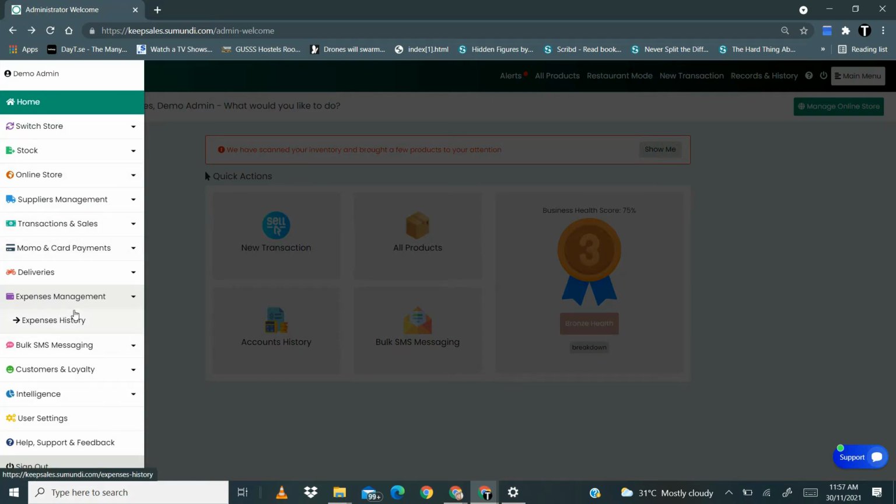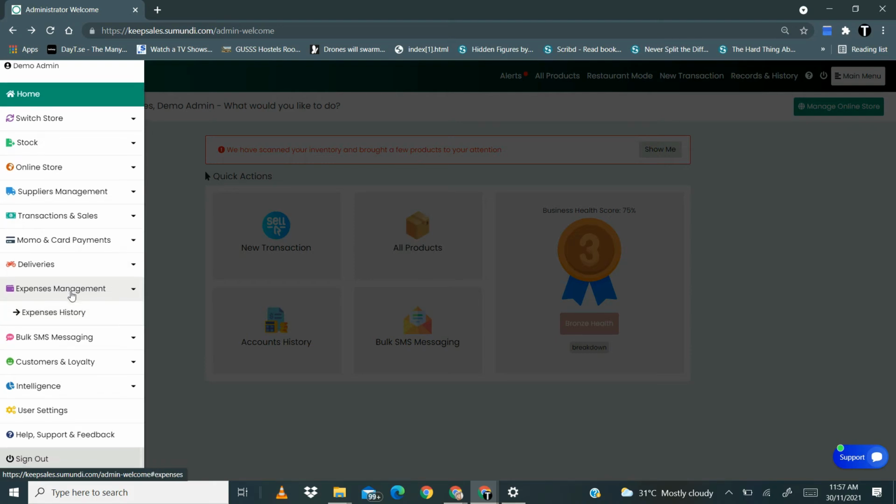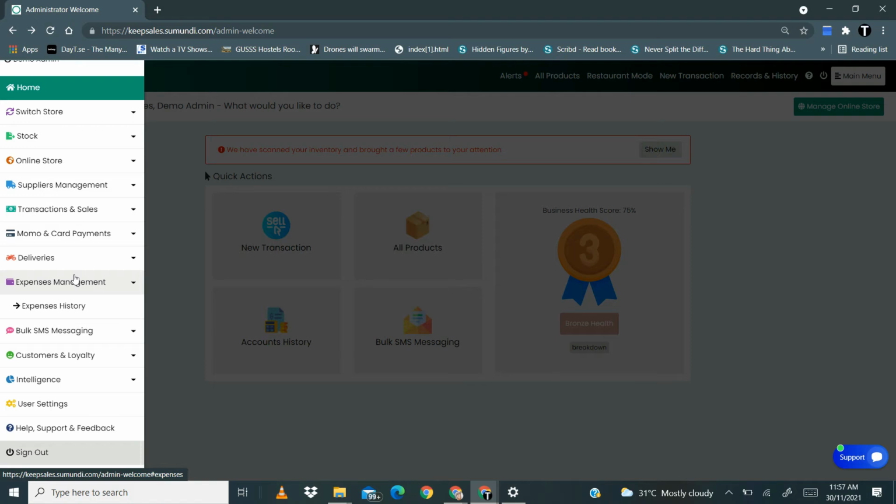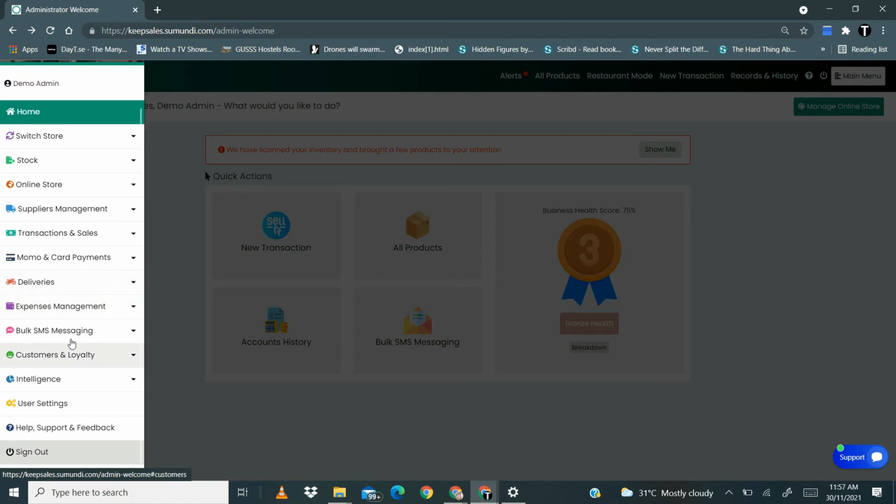Okay, so expenses management will appear when you've toggled it on. Then when you click on expenses history, you are able to go ahead to record your expenses. Bulk SMS messaging feature I already explained over here. It's the same thing that we find